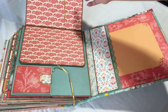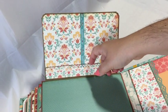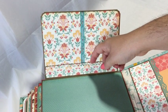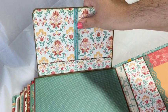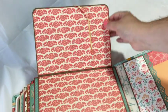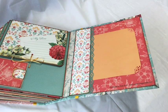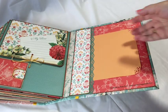And there is lots of room for pictures because it's a double. And here is more room for tags or some such. I see I forgot that, but here is a tuck spot, and then you can tuck everything behind this ribbon. So double flaps here. And finally, for the back inside cover, there is a large pocket here, side loading, so